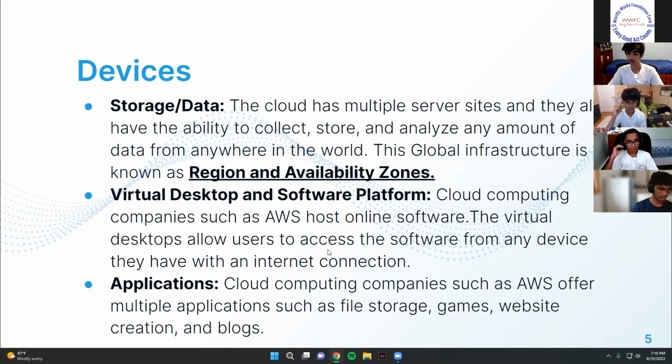Your progress is gone. But when you have this data backed up on the cloud, like game data, when you reinstall it on your new device, you will still have that data saved. So that's essentially what we're moving towards, a completely cloud-based world.